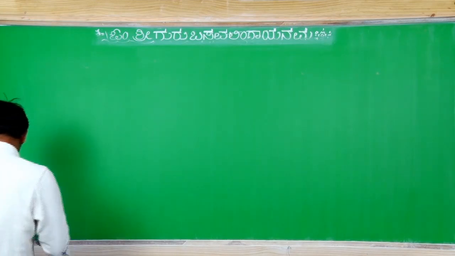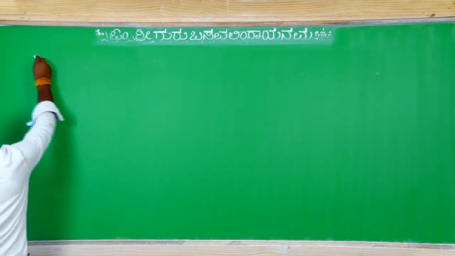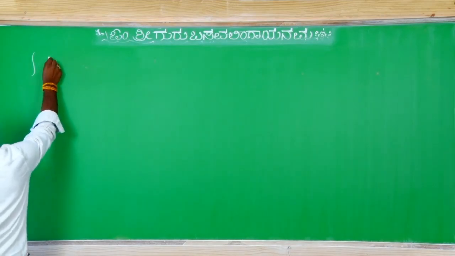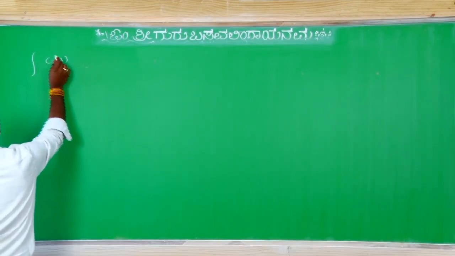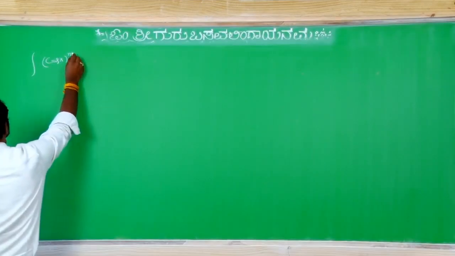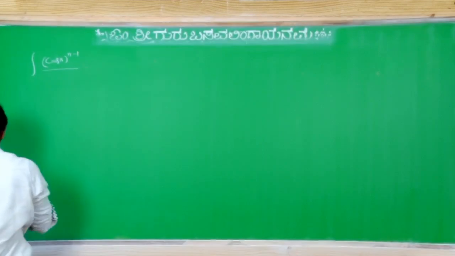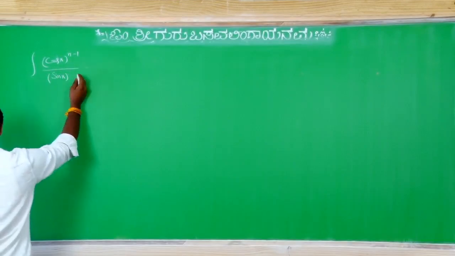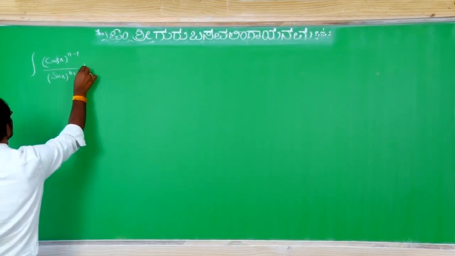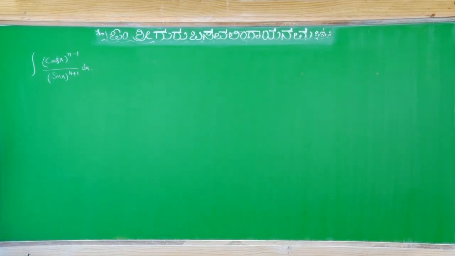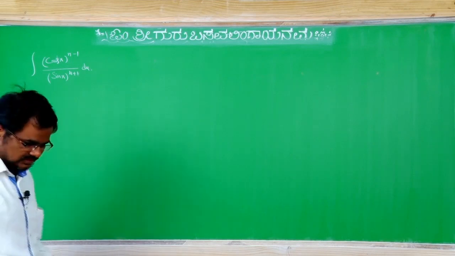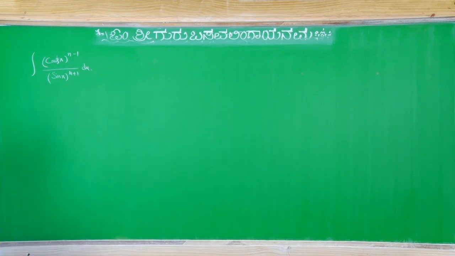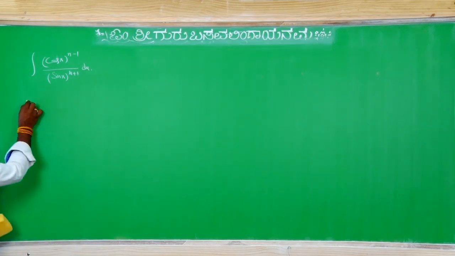First problem: integration of cot x (cos x)^(n-1) divided by (sin x)^(n+1) dx. This is one of the important problems. So how to do it? Once you see here,